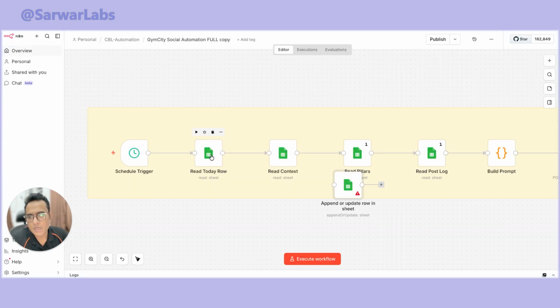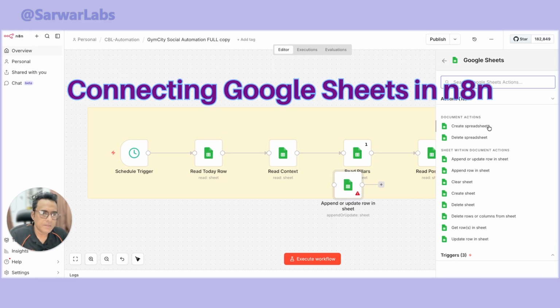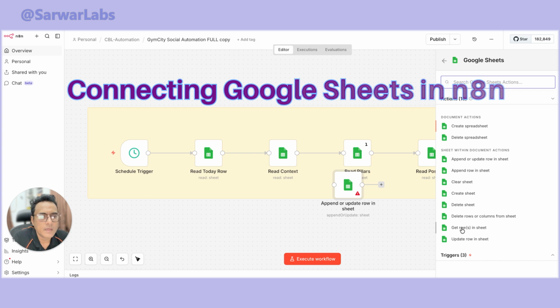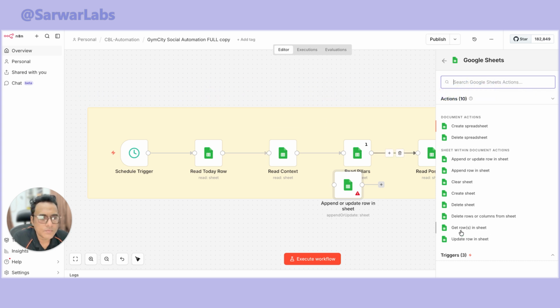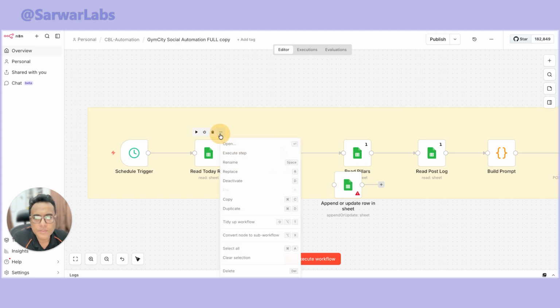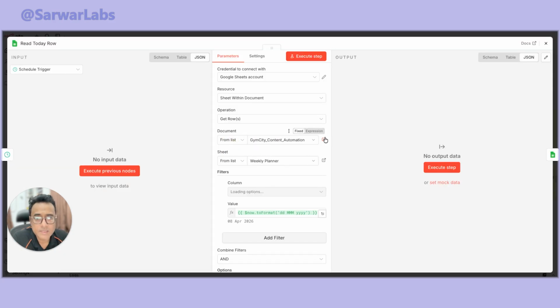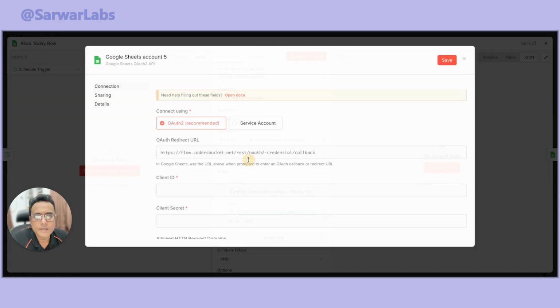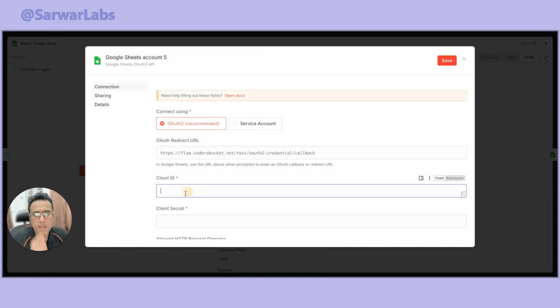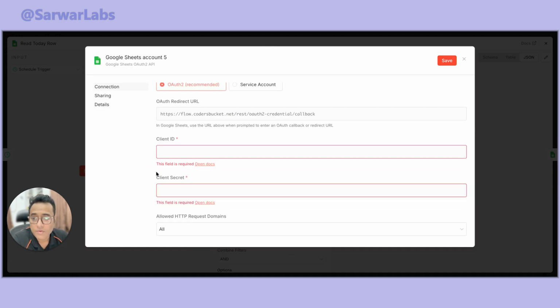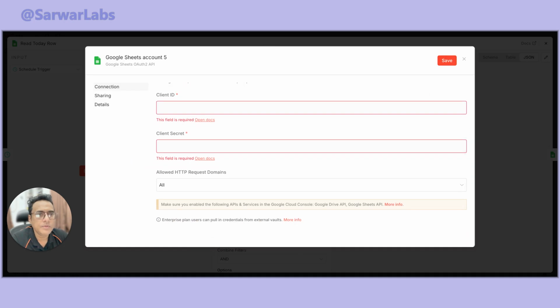So first, we have to get the Google Sheet node. You can create a row in this one. Before that, you have to create a credential, but it's already set up, so it's already there. If you go to create credential, then you need the client ID and client secret. So how can you do that? You have to go to